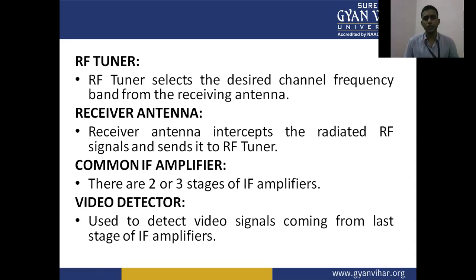Here we generally use the VHF or UHF type of antenna. In earlier days, in the monochrome television, we generally used the Yagi-Uda antenna, and nowadays in the color television system or modern television systems or dish TV system, we are generally using the dish type of antenna. It works on the ultra high frequency, that is the microwave frequencies. So the gain of the system is increased, so the ghost image of the picture is reduced.